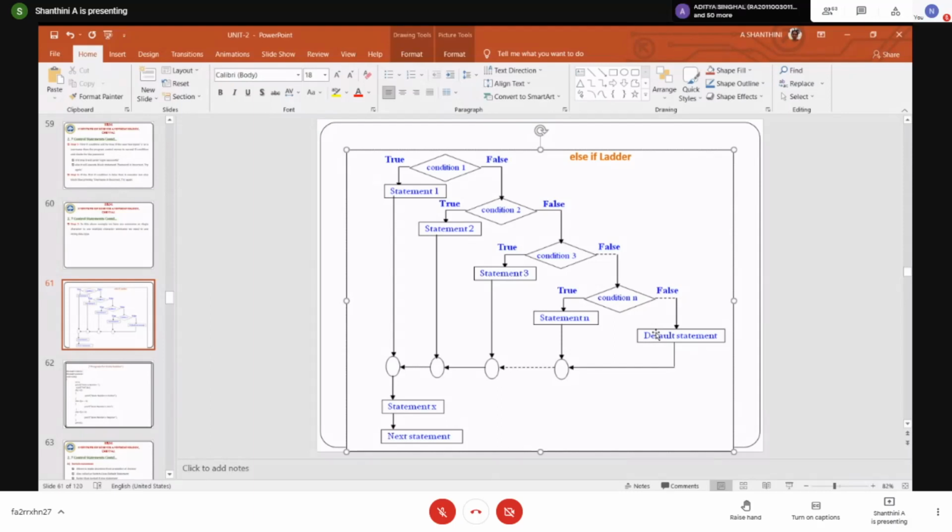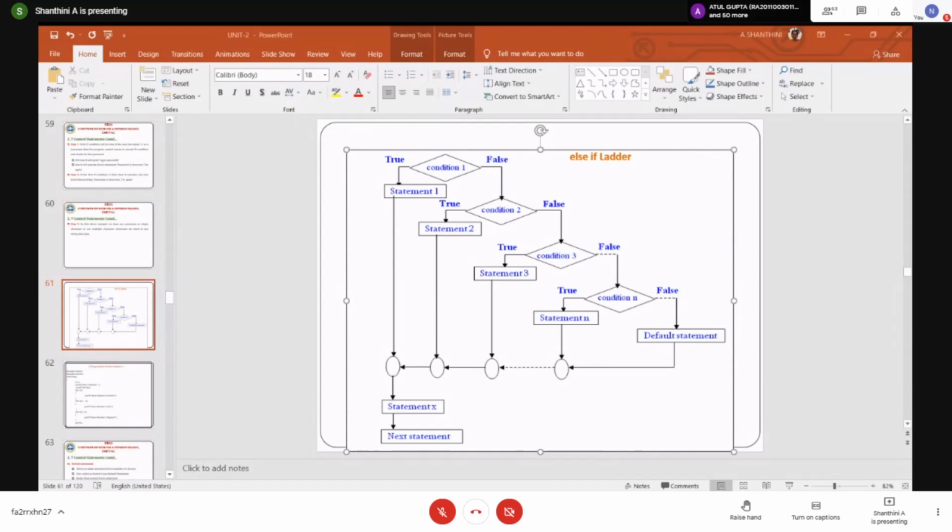So when the condition is true, it evaluates the corresponding statement. If it is false, the control is transferred to the next else if statement. That is how you keep on doing the rest of the else if ladder. Did you all get the concept of what I'm trying to convey? Yes? Guys, am I connected? Yes, ma'am. Okay, so you got the concept. Shall I proceed? Yes, ma'am.